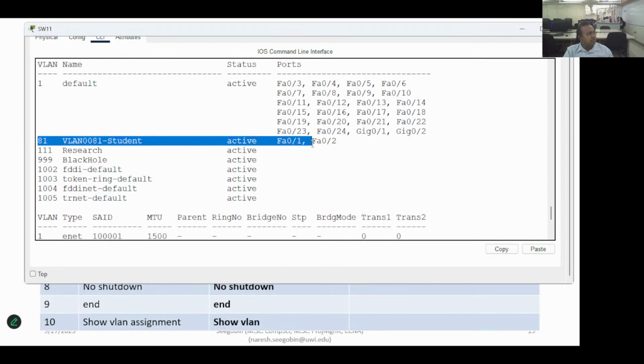We did 81, right? So look what's happening here. The port is actually configured now. It's moved across into this VLAN. Later on, you're going to see configurations where it's showing ports and you're